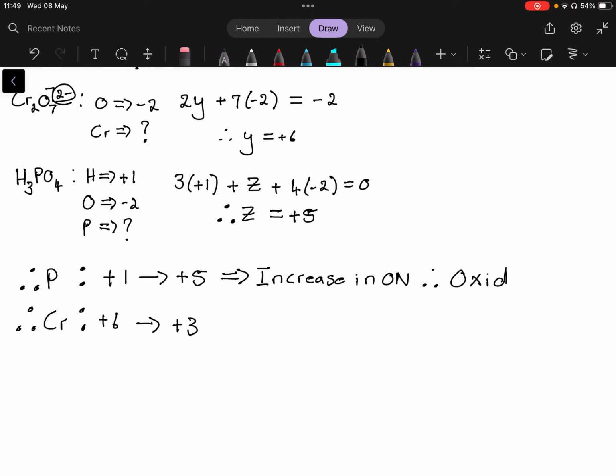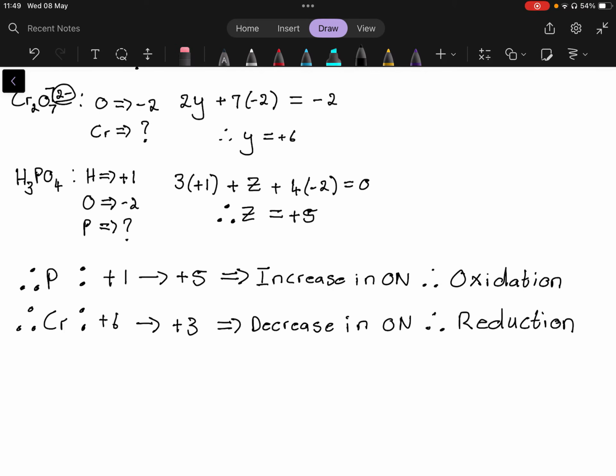So this is the oxidation process. And we see the chromium's number decreases from 6 to 3. So it is a decrease in oxidation number. Therefore, it is part of the reduction reaction,